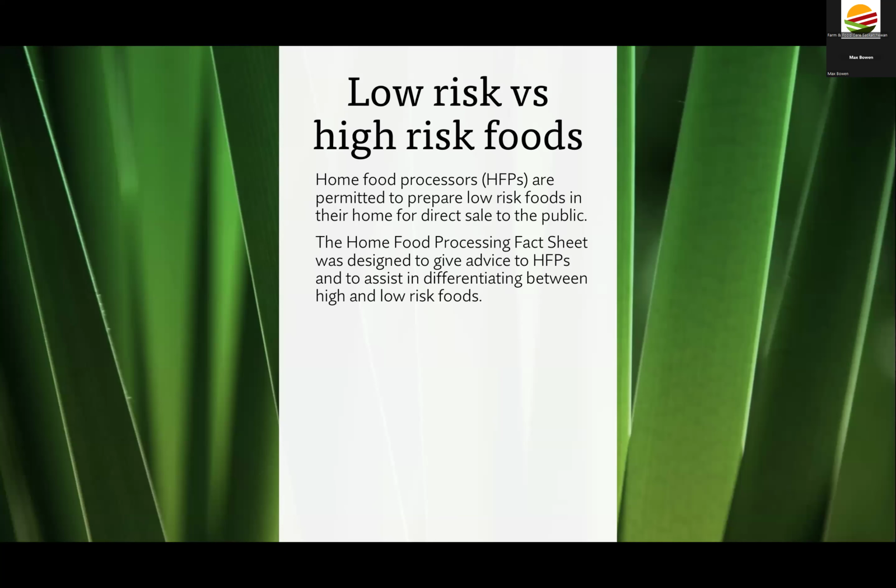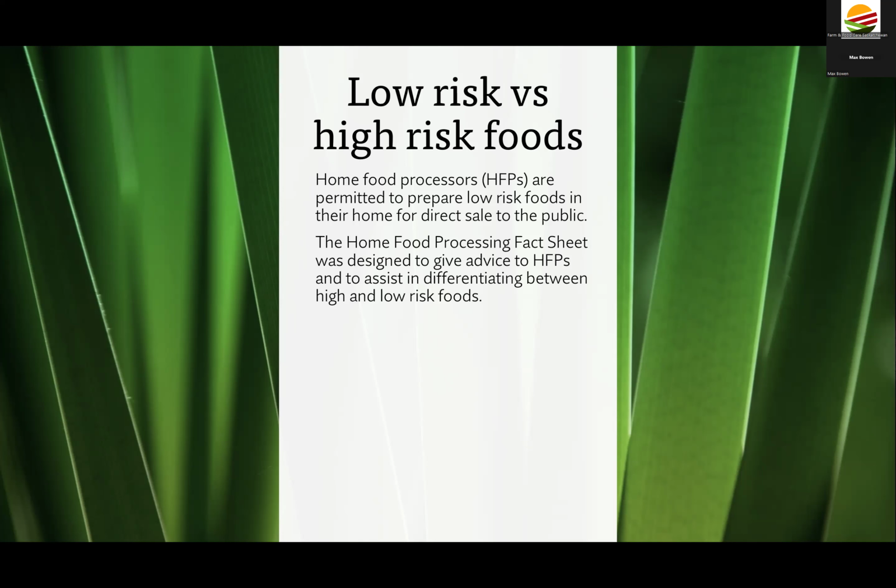Okay, so low risk versus high risk foods. Low risk foods, if you refer to the home food processor guidelines, you can prepare those low risk foods in your home for direct sale to the public. So most of the time it's going to be baking, like jams and jellies, pickles, stuff like that, that we've deemed to be low risk.